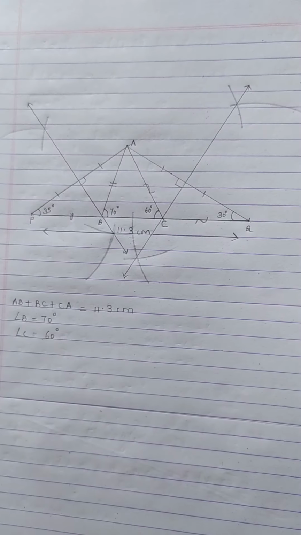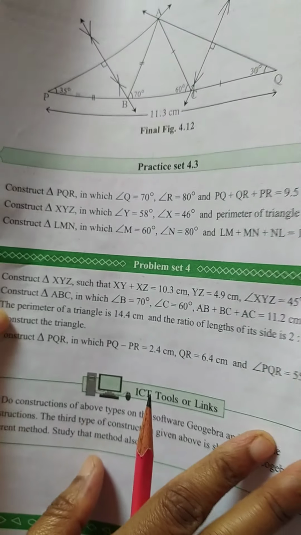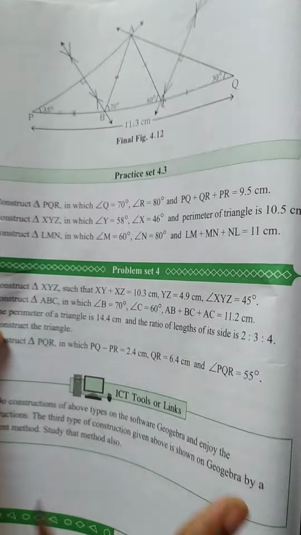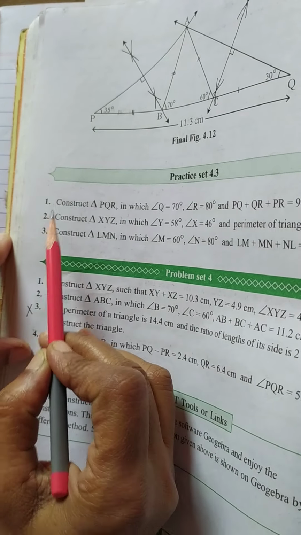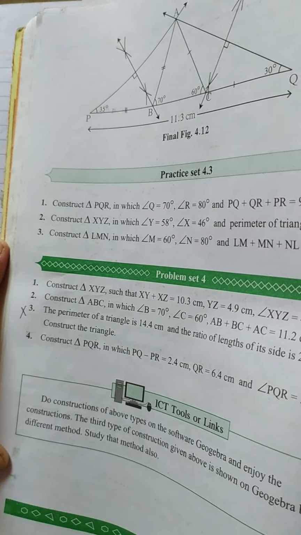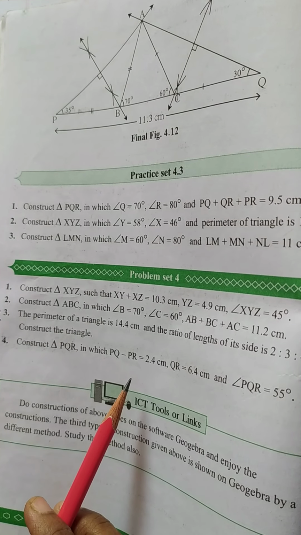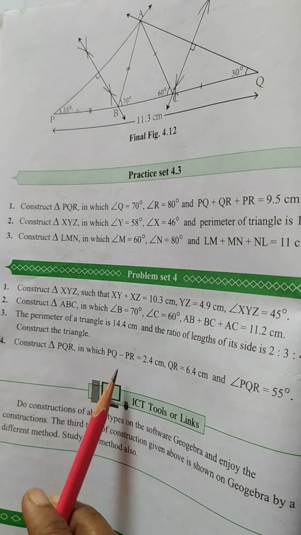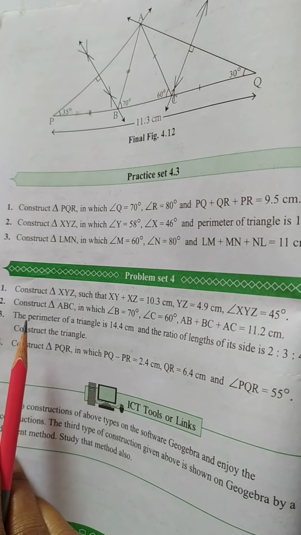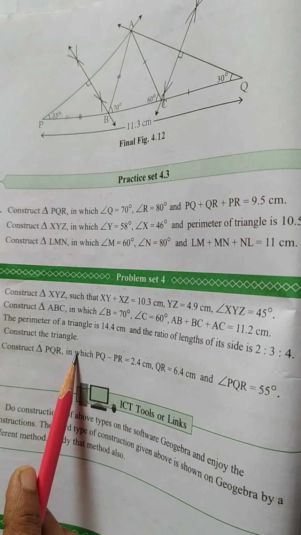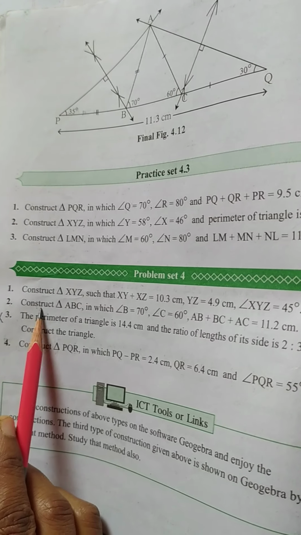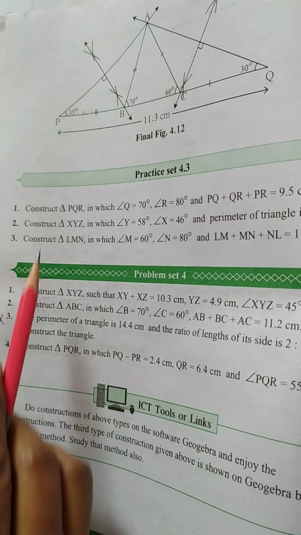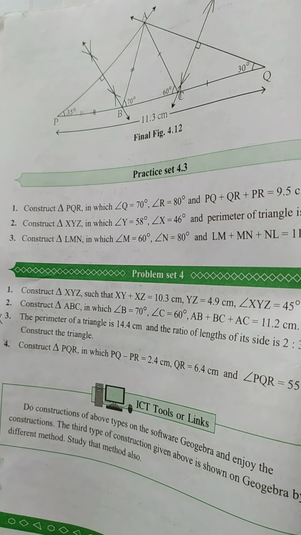After you have drawn this figure in your classwork, you will go to exercise 4.3 and you are going to do questions 1, 2 and 3. Okay? You will be doing questions 1, 2 and 3. And from the problem set, I think you have already done question number 1 and question number 4 in your previous exercises. Question number 3 is not there. What is left is only question number 2. So this will be done along with exercise 4.3 for your problem set.